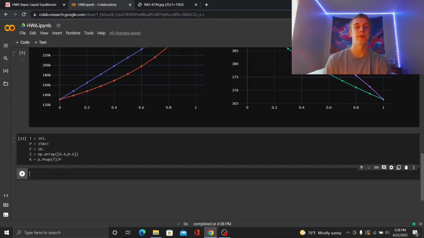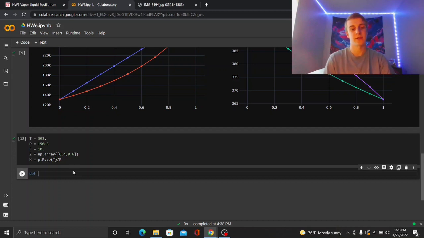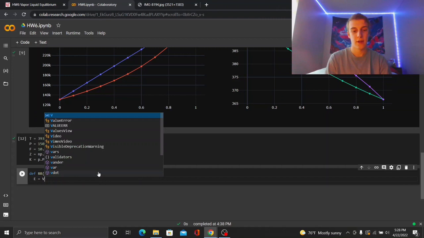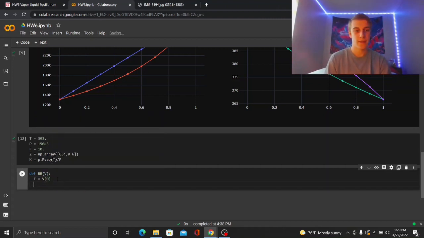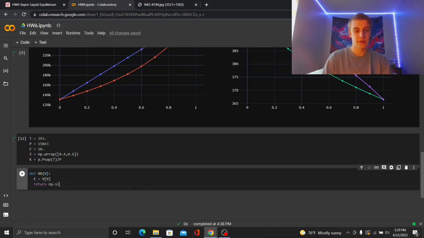So how we're going to solve this problem is actually going to be using the SciPy root solver. And we're going to be using our Rachford-Rice equation, obviously, and setting it equal to 0 and trying to find our V. So we can define a function for the Rachford-Rice, I'm just going to call it RR. We'll be inputting a vector into that. And we're going to have one single unknown, and I'm just going to call it E, and that'll be the first index in our vector. And then we're just going to want to return our sum here that we have for our Rachford-Rice equation. So that'll be numpy sum